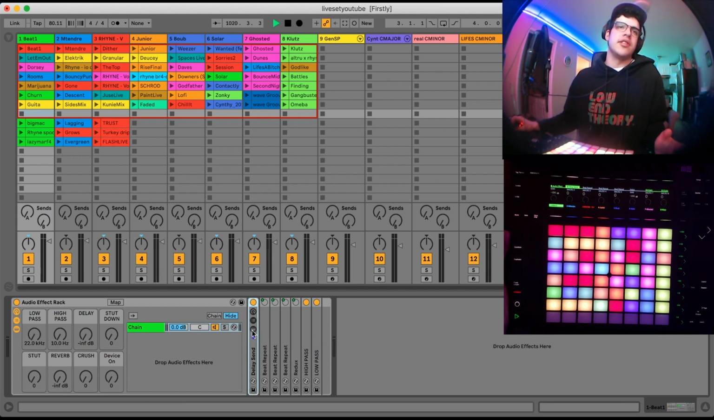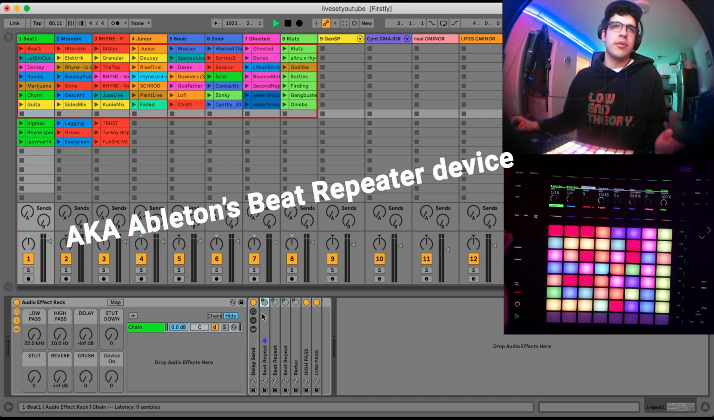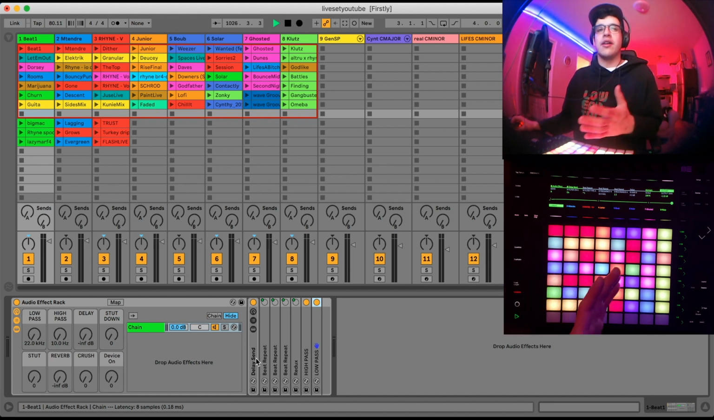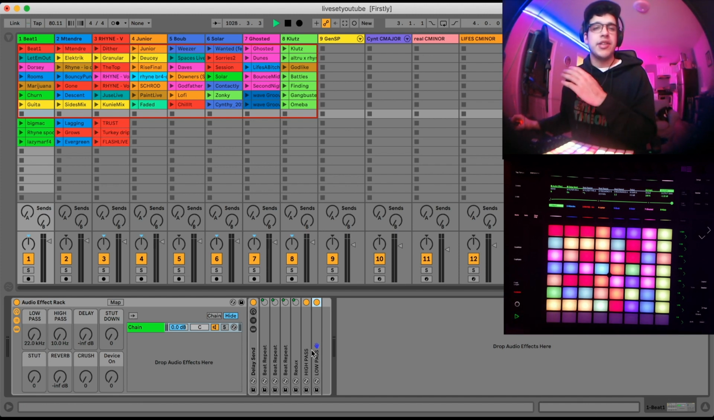You'll see I have a delay device, one of my stutters, another one of my stutters, another stutter, my Redux, which is just the bit crush effect, high pass, and my low pass. Something interesting to note when you're doing this is that you need to be aware of what order these effects are going. Like for me personally, I have my low pass and high pass at the end of my chain